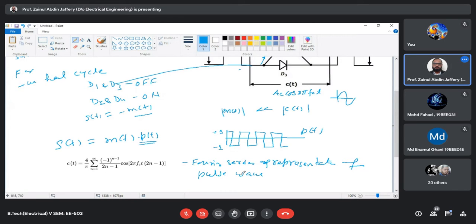ठीक है? So this is, आप इसको इन्होंने CT से लिखा है because initial writing PT. So this is the same as CT. The CT is instead of your this carrier, it behaves like a pulse wave. Okay. So now,